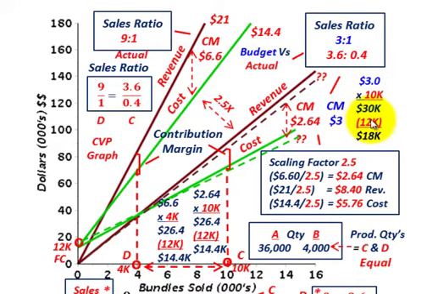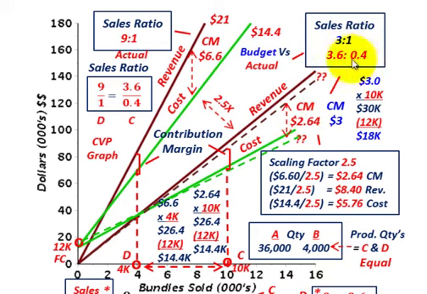Subtract out our fixed costs of 12,000, so we have 18,000 here, a revenue based on our sales ratio of 3 to 1 that we budgeted. Now we can look at our actual sales, using the $2.64 that we calculated based on the 3.6 to 4.0 ratio. So we're really comparing our budgeted amount on a 3 to 1 ratio versus our actual at 3.6